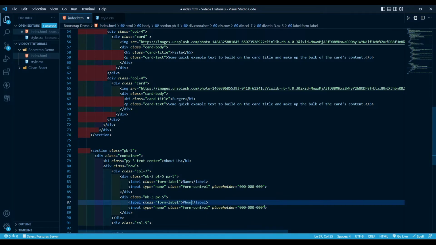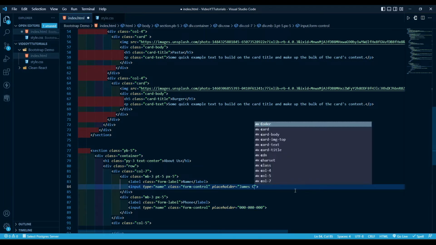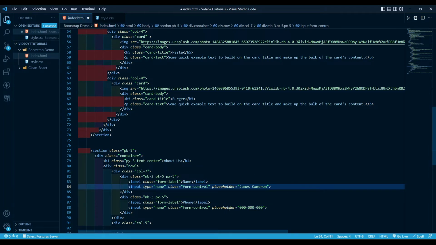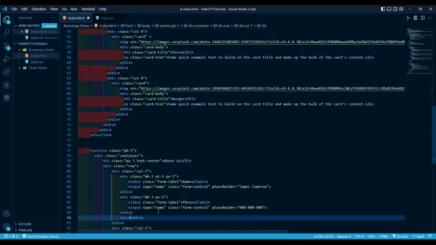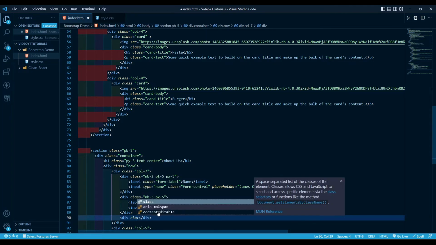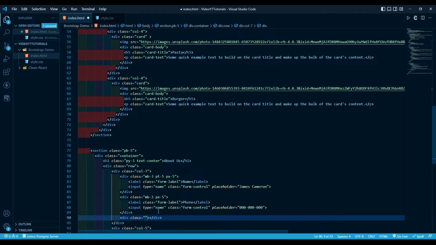I'm gonna put phone. Oh, I just noticed this should be like a name. It's Cameron. That's the phone. And after that, we're gonna do one more div, and we have to put a class on it, and that one is gonna be margin bottom of 3 and padding X of 5,